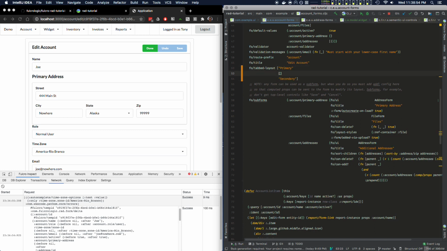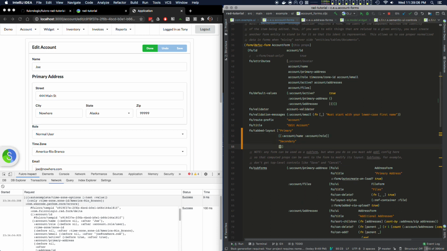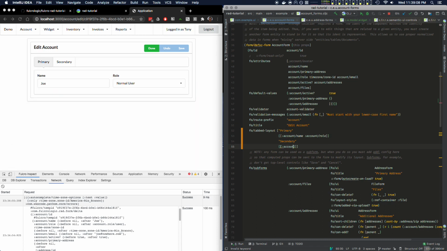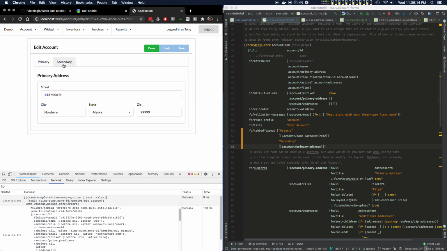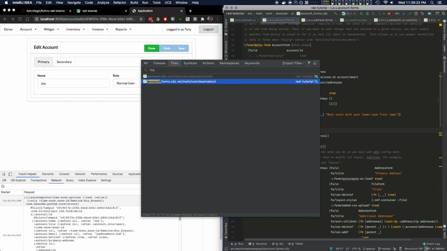And then in here you can say, okay, on row 1 I'm going to have account name and account role, and in the secondary I'm going to have account primary address, right? You can just kind of build this up. So now in the secondary tab, right? So it's just kind of fun to just play with these. The rendering for this